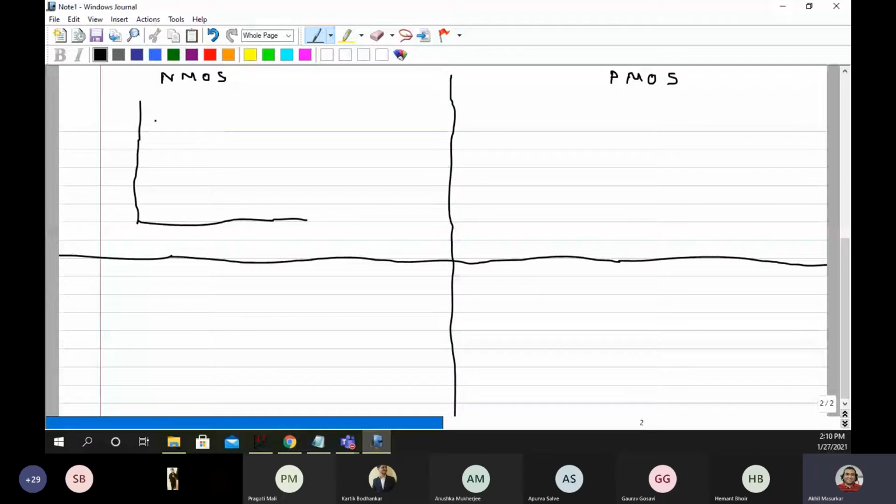Can somebody tell me what will be there on Y and what will be there on X? I'll be covering this in my theory class, but still I want you to recollect some things. Anmol Singh, can you? On the X-axis VDS and on the Y-axis ID. So there is a slight change there.